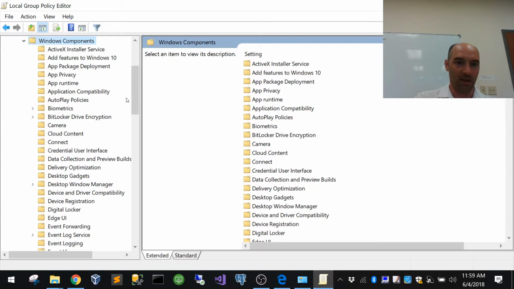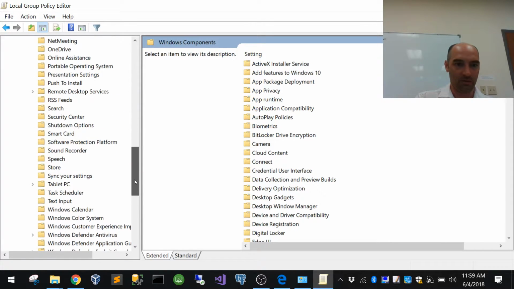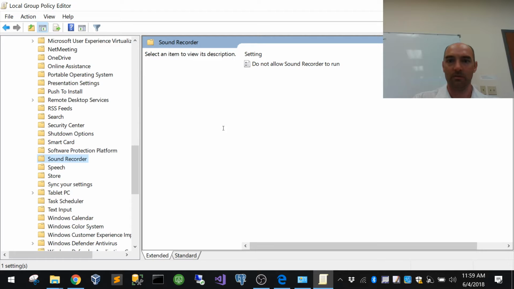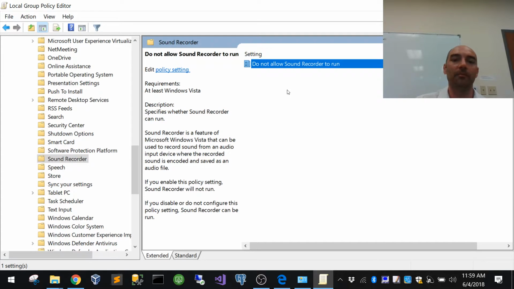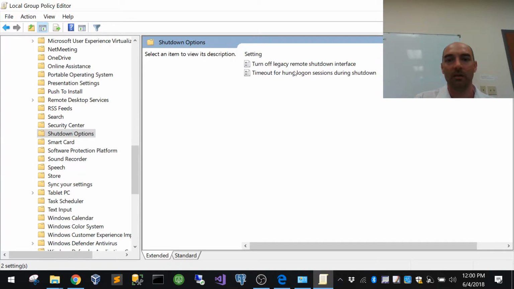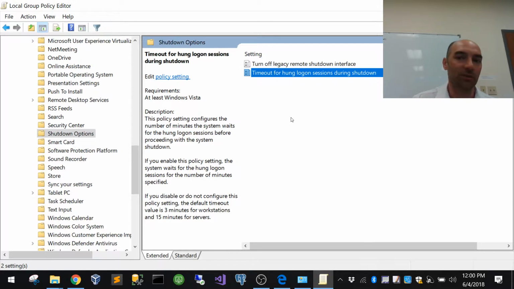Let's take a look at, now, just at random. These are predefined little packaged features that you can turn on or off. These are usually phrased in the negative. So it's like, do not allow sound recorder, or timeout for hung logon sessions during shutdown. By default, they all come not configured. If you want to turn one on,